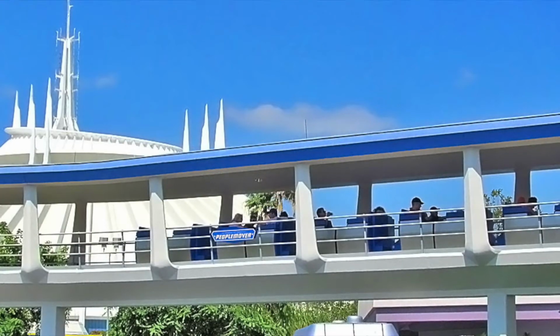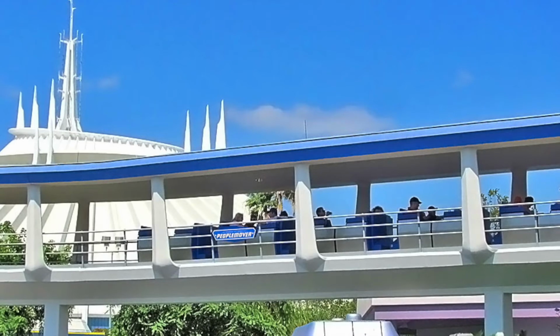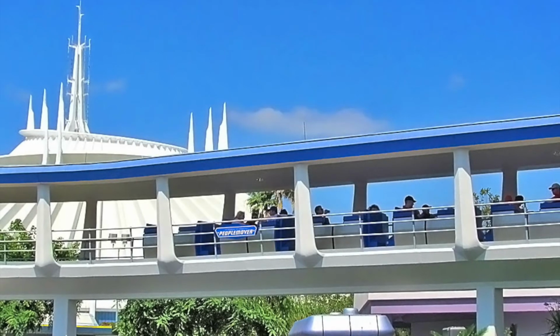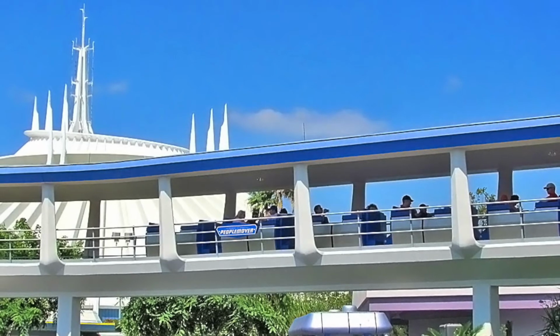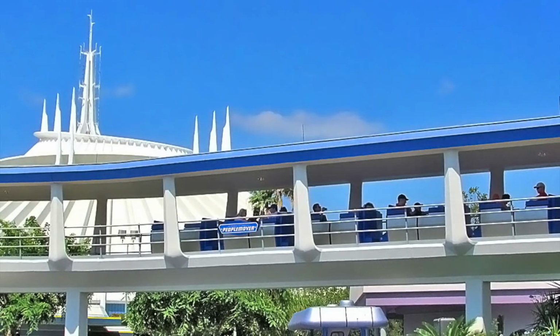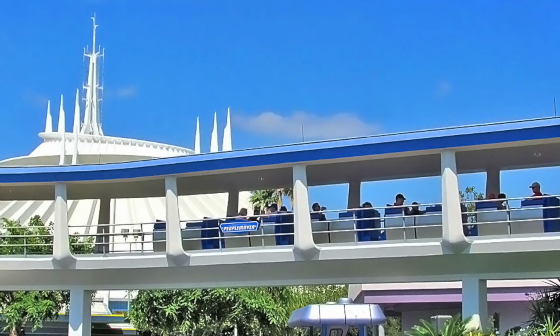Make sure you wave to everybody, whether it's the people on the ground below you or the people passing you in the cars next to you. It really is a good time, and I think you guys will love it. Hardly any wait times at all. It's pretty much a walk-on. So that's number 2. But to me, the number 1 ride at Walt Disney World with little to no wait time, hardly any wait time at all,